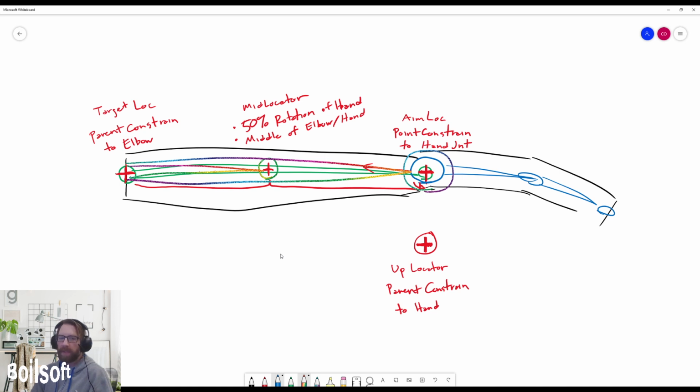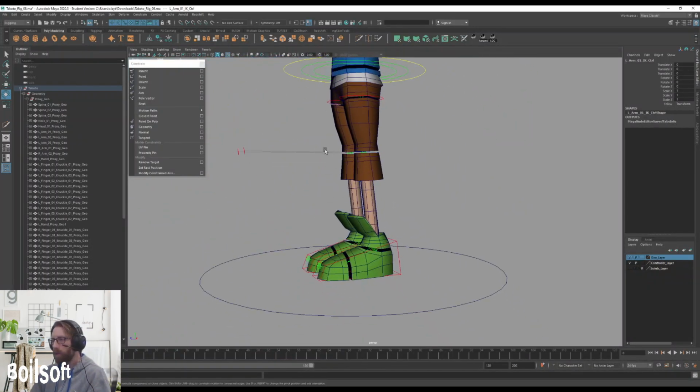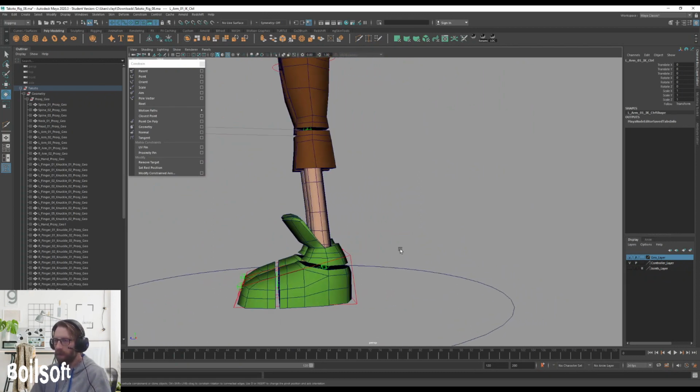So what's cool about this system too is it works in the legs as well. You do the exact same thing down here in the leg from the knee down to the ankle joint. Because the reality is quite the same for your foot. When you rotate your foot up and down, or you rock it side to side, that's happening from the pivot point of your ankle. But when you twist it, when you do this action,